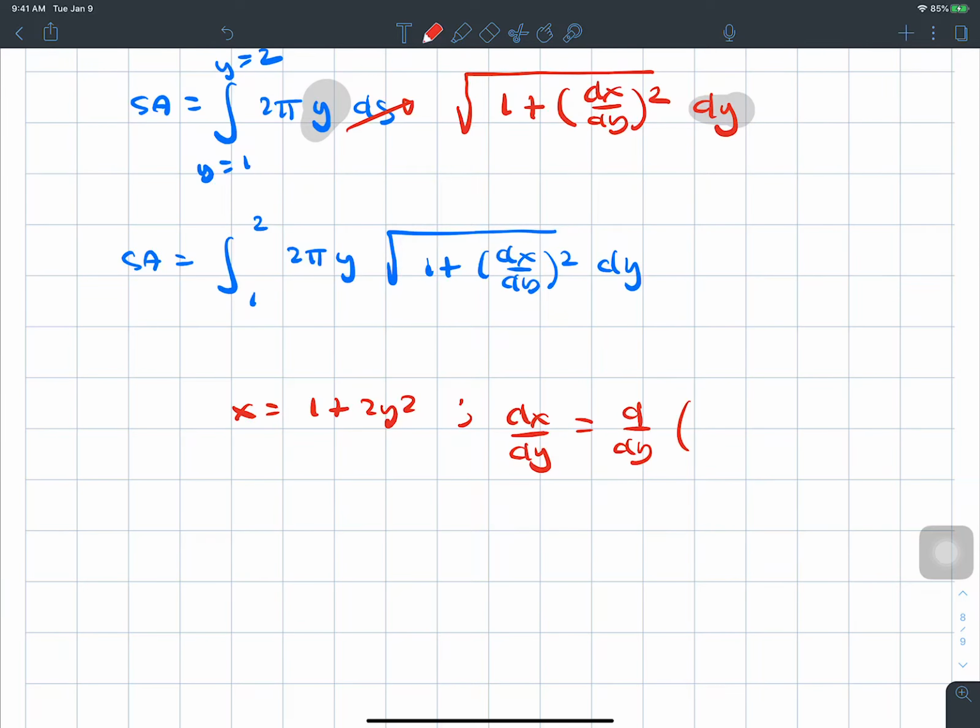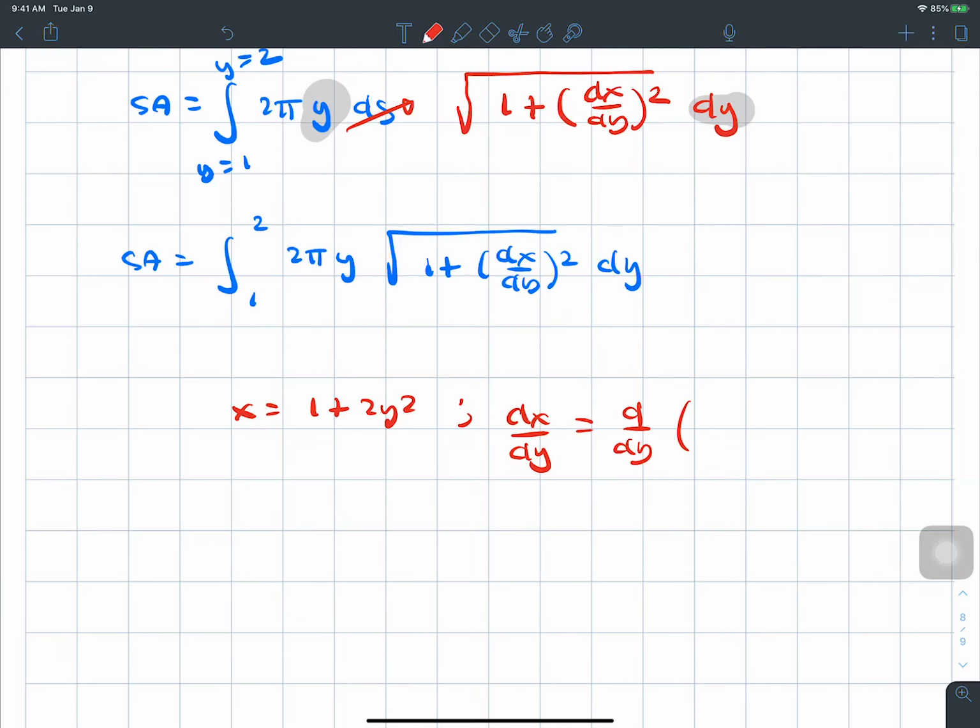Okay, a very nice and simple integral. We're going to use u sub, because if you see what's under this radical, we've got 1 plus 16y squared, and this is just a y here, so that's pretty good. So let's use u sub here,